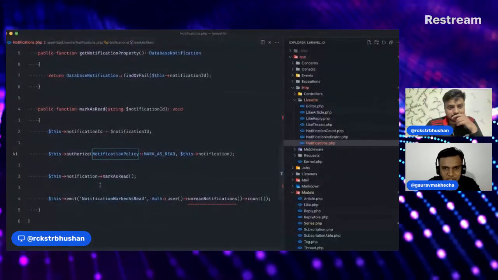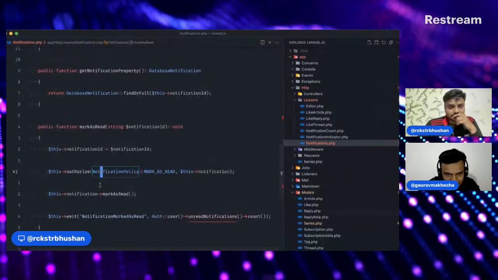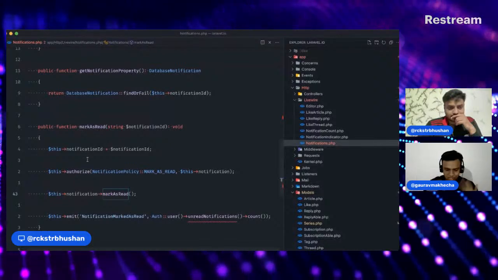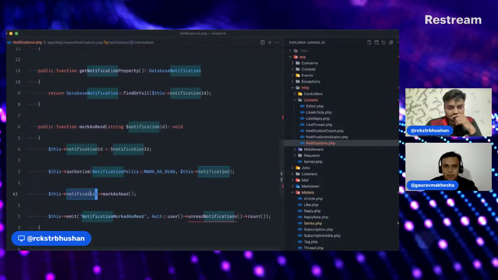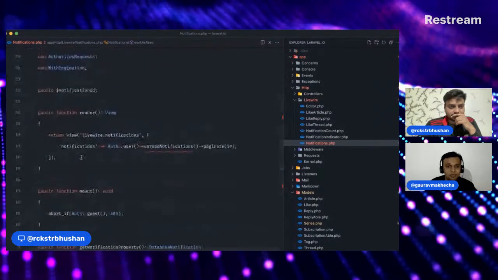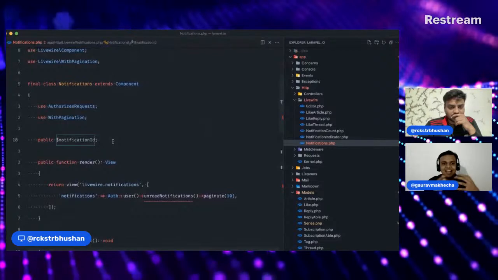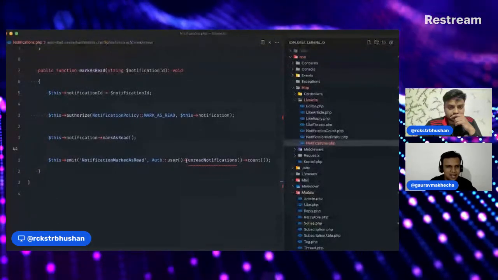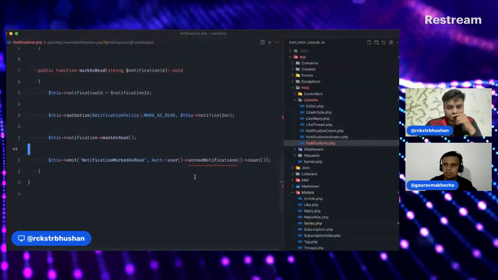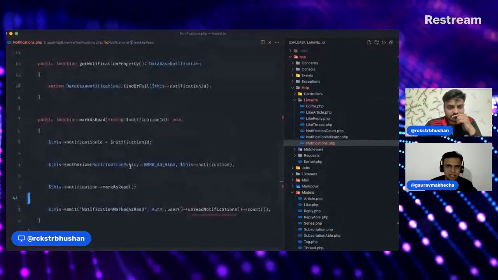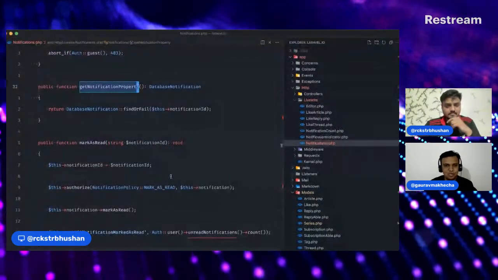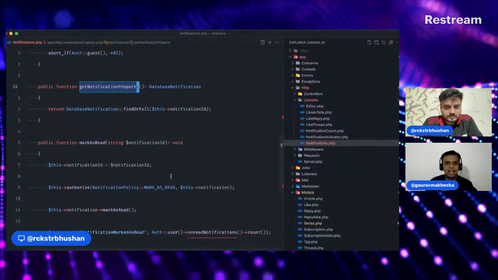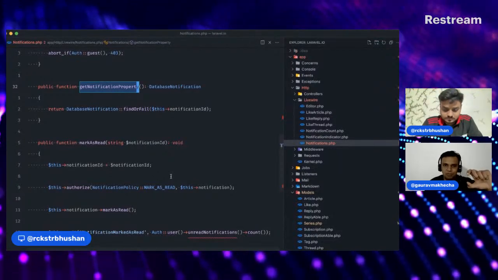So here what's happening is it says that this->notification is used in line number 41 as well as line number 43, right? Now again, just like we go back to the basics, this is a PHP class and there is no notification property, right? So it yells at us, where does this come from? Now there is Livewire magic here. So if you scroll down, there is a method there which says getNotificationAttribute or something. If you search for it, there should be a method. Yeah, here we have it. So when you actually do this->notification, there is the Livewire framework sitting there, and it will call that getNotificationProperty method.